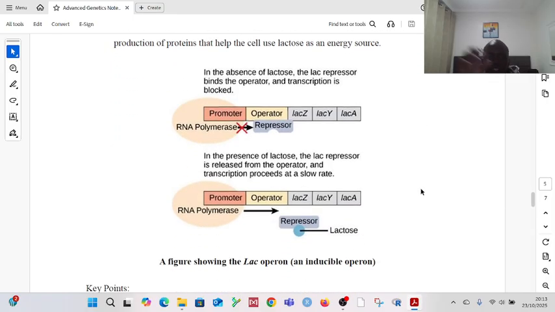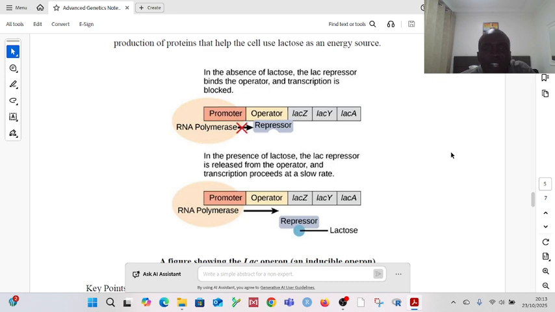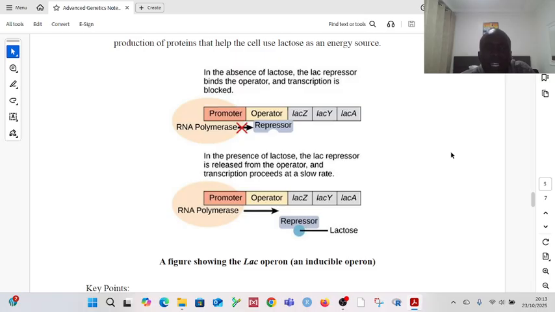So in this figure, we are showing the lac operon, which is an inducible operon. As we described earlier, in the absence of lactose, the lac repressor binds the operator. Once the repressor is bound to the operator, the RNA polymerase is blocked from transcribing. But if lactose is present, in this case lactose is an inducer, then the lac repressor is released from the